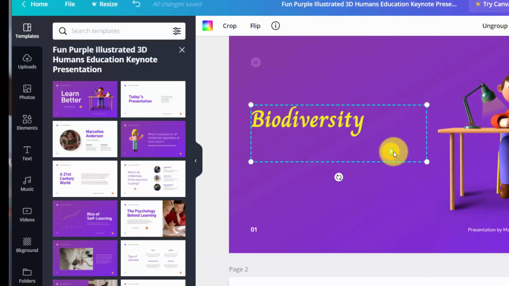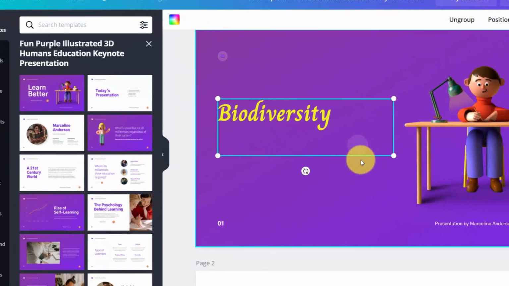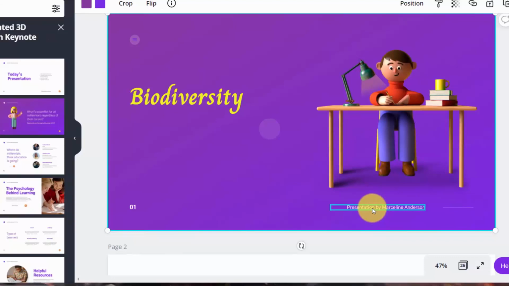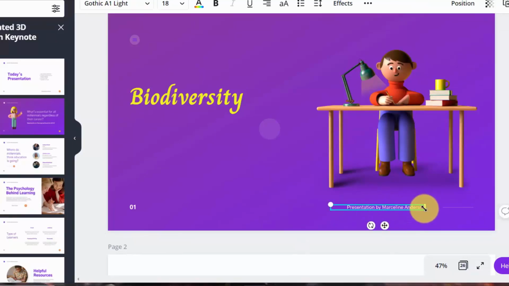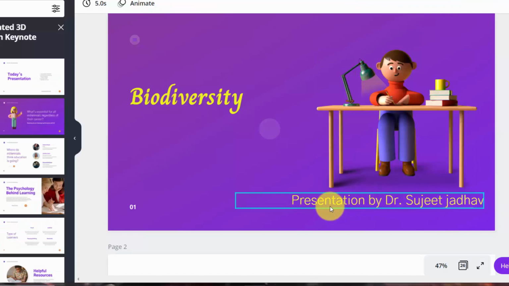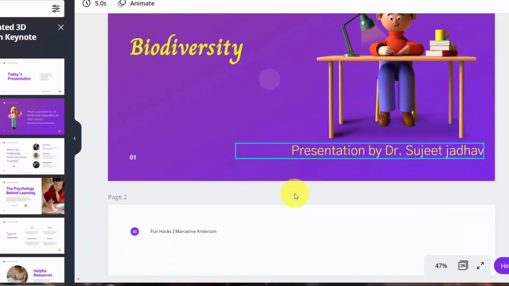So this is how I can change the template, and I will resize it as per my requirement. Presentation by, you can change the name over here, you can resize it, and you can change the color of these fonts also. So this is how you can change the interface of this page.